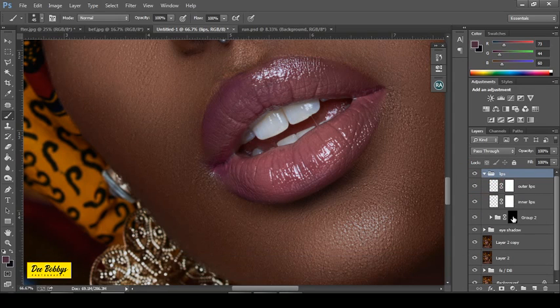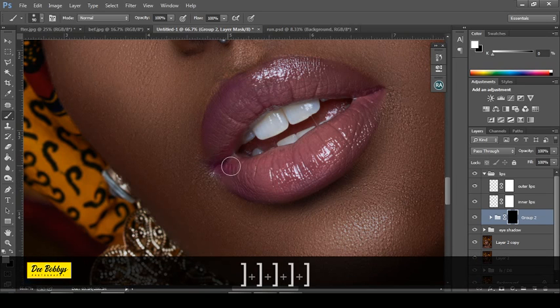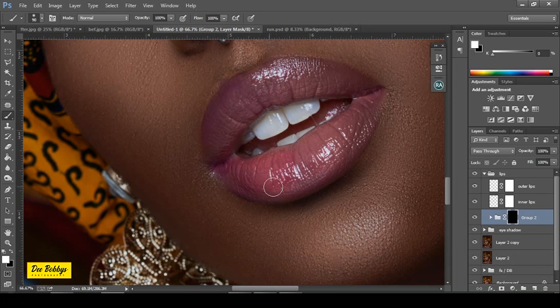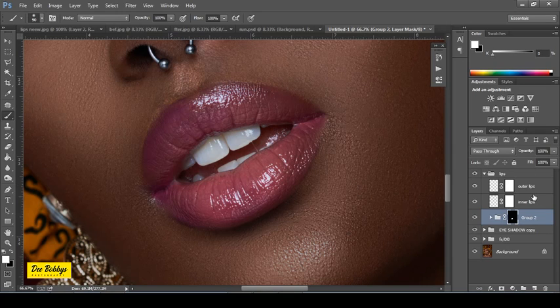Come to the black layer mask, click on it, and then brush through the lips. We can see the effect already on the lips. All you need to do is brush through the lips. Okay, now at this point, if you are not satisfied with what you have on the lips